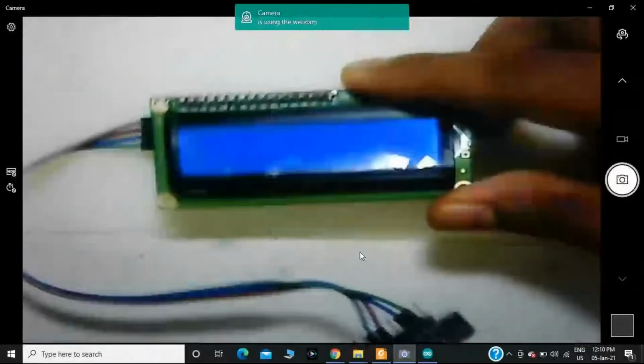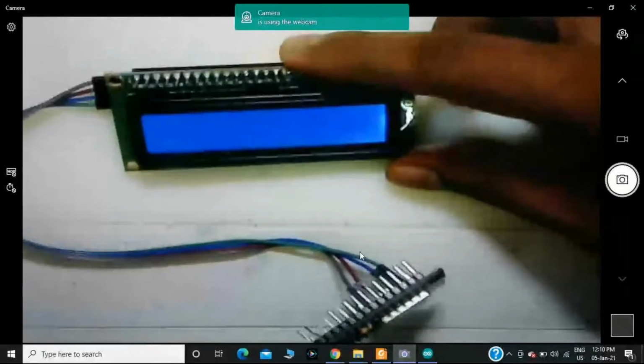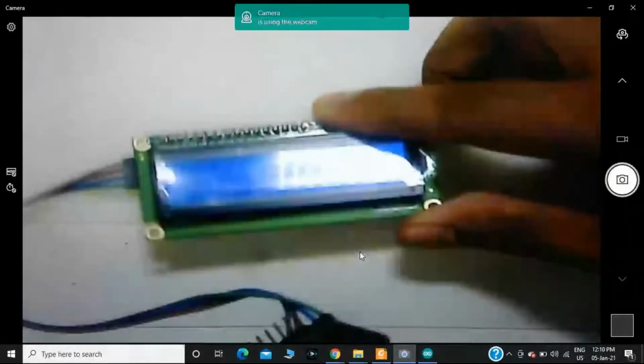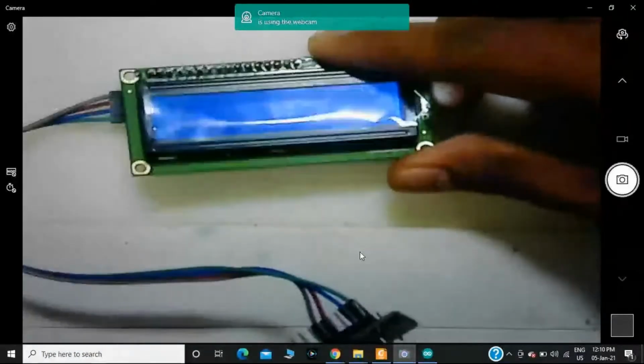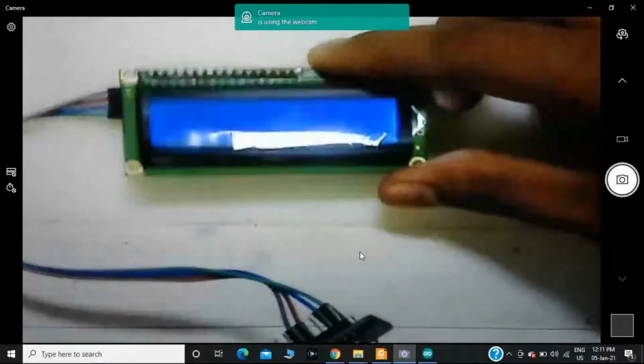But in this case, I have connected only 4 wires between the NodeMCU and the I2C LCD. This is the biggest advantage of using an I2C LCD over the normal 16x2 LCD.